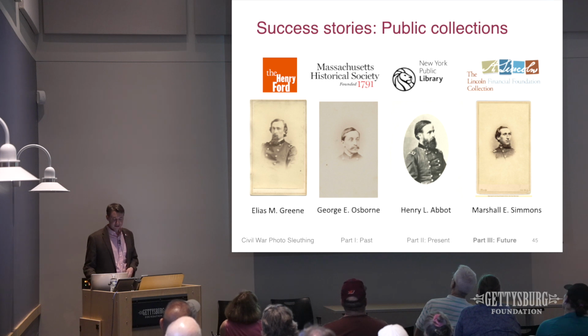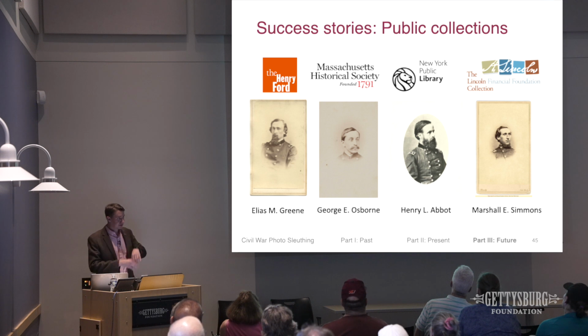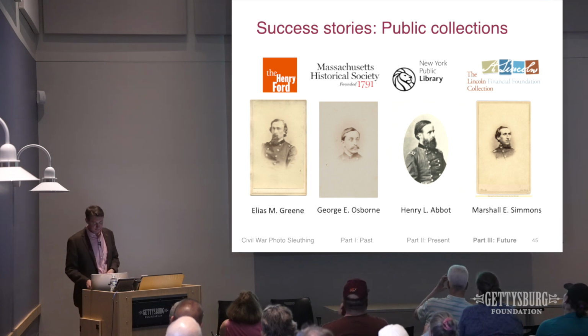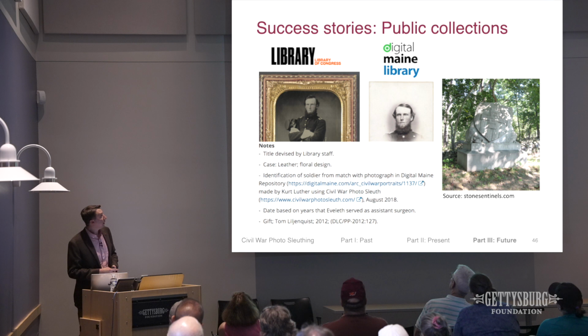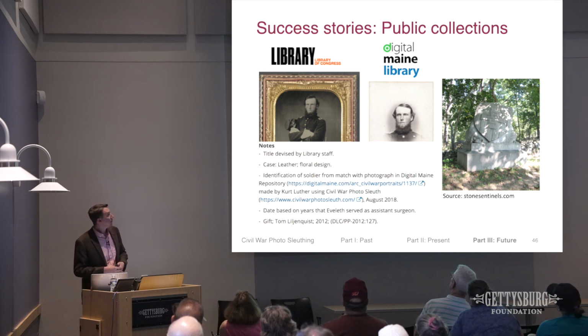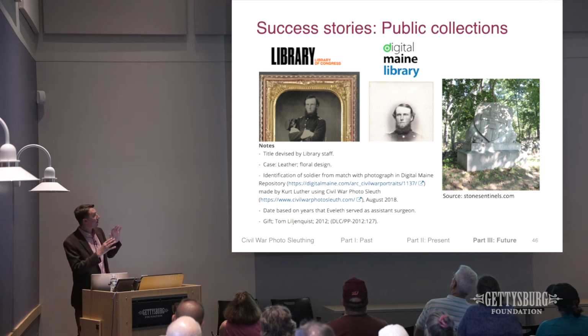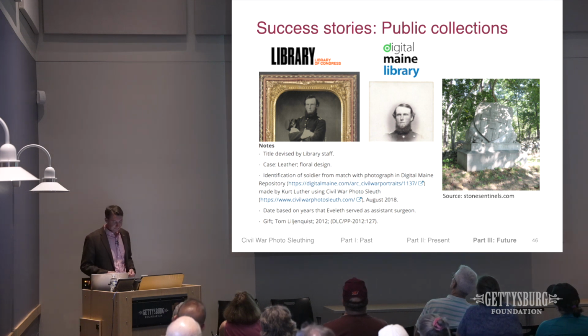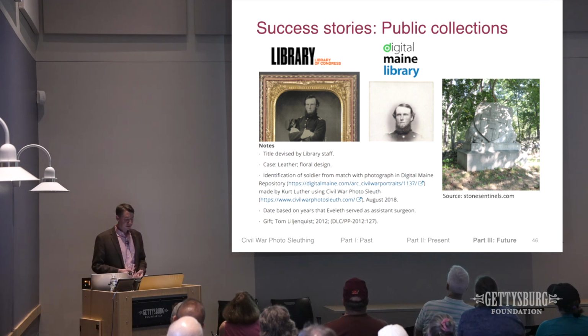We've also done lots of identifications for public collections, as I mentioned. Here's a range of some of the different organizations that we've identified images for. One of my favorite examples comes from the Library of Congress. They had this beautiful, I think tintype, maybe ambrotype, of a Union assistant surgeon with his medical staff sword. Really cool image, unidentified. With Civil War Photo Sleuth, we were able to find a match to a CDV in